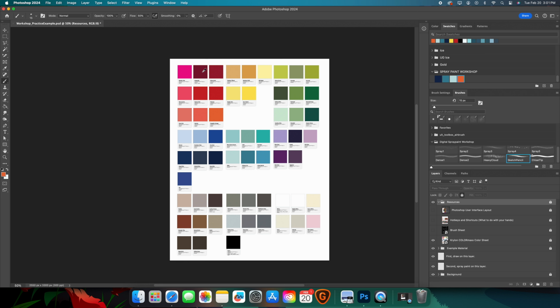Step one is to access the file. So you take this URL and you're going to type it into the URL bar up top. And then once you have access to the folder, you're going to look for this document, the workshop practice example.psd, and come over to the right side and download the file using that button, or click on the three dots